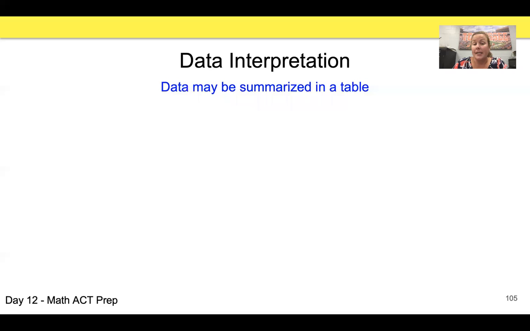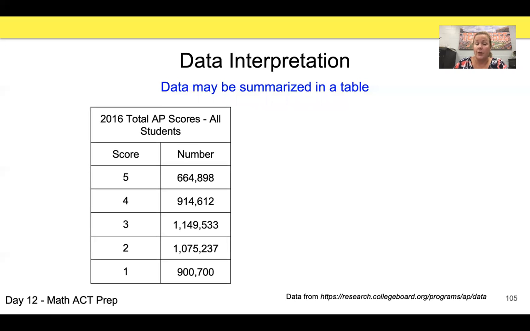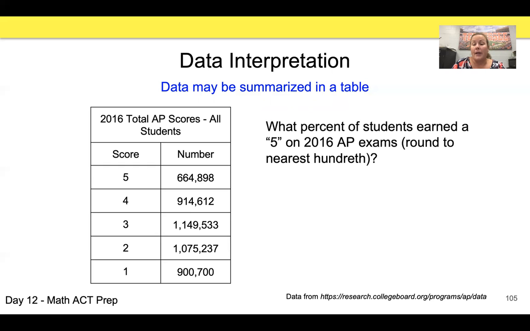You can use data summarized in a table. So here's AP scores. And your senior year, I think starting freshman year, you could take AP classes. A passing score is a 3, 4, or 5. 1 and 2 are not passing. You don't get college credit for it. So here are the number of AP scores for everybody that took it in 2016. And they're wanting to know what percentage of all the students that took it scored a 5, or a perfect